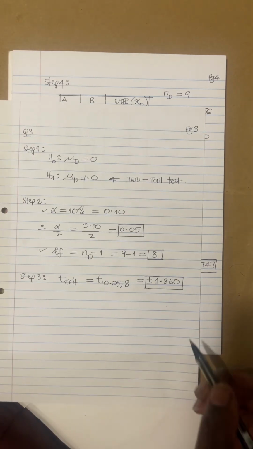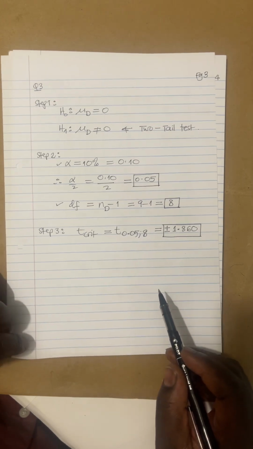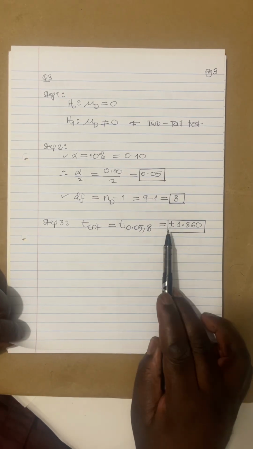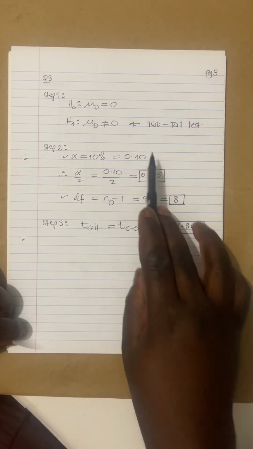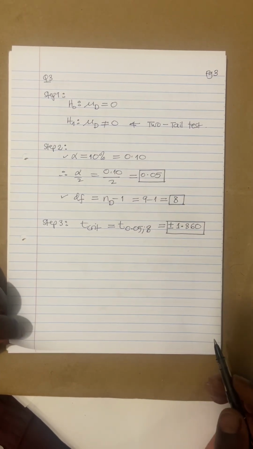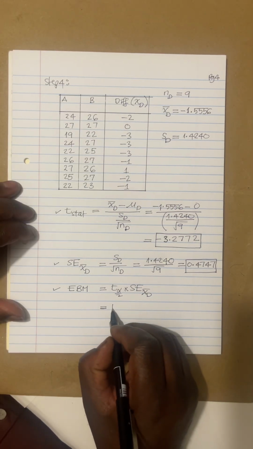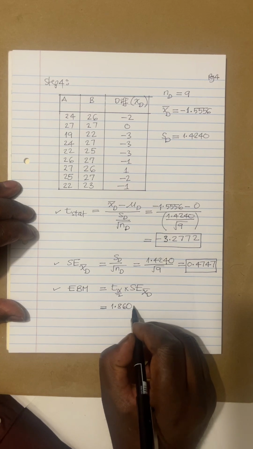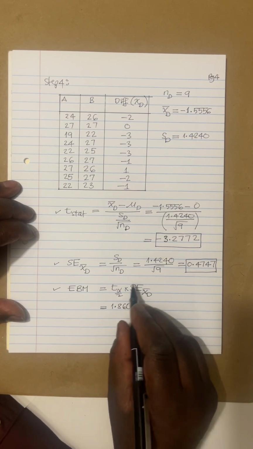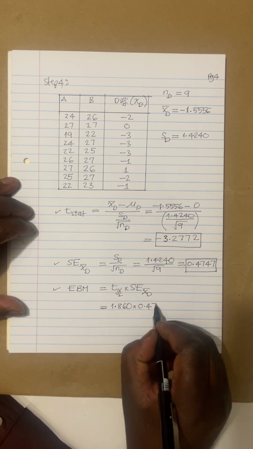Here it is, 1.860. Remember, we don't take the minus sign. We just take the positive value. The plus or minus, I told you these signs are given because of the two-tail test and symmetry. But it's 1.860. So here I have 1.860 times this number we computed here, 0.4747,